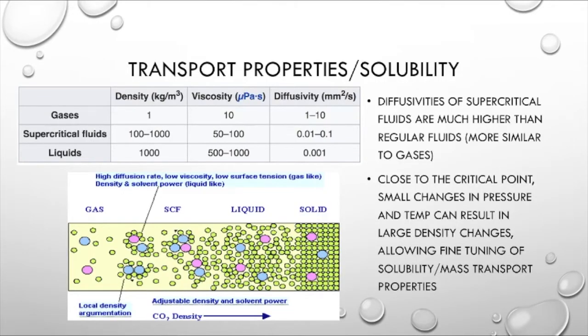Okay, moving on to the transport properties and solubility advantages of supercritical fluids. An important point is the diffusivities of supercritical fluids are much higher than regular fluids. More resemblance to gases, actually. You can see that in this table over here, the diffusivity constants of gases, supercritical fluids, liquids, comparing them, also the densities and the viscosities. This increase in diffusivity is a huge advantage over the liquids, as it improves solubility properties of the fluid by